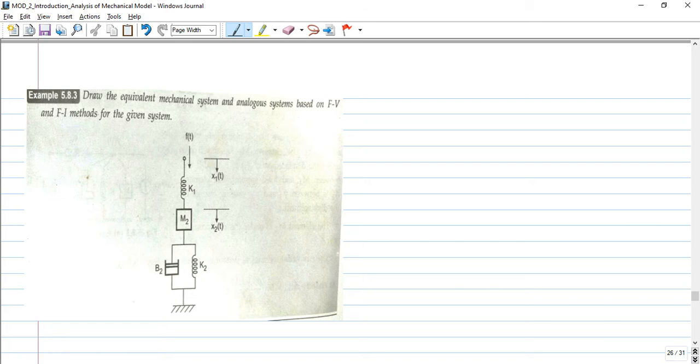So we know the steps that we are following to write down the nodal diagram, or also we can call it by the name